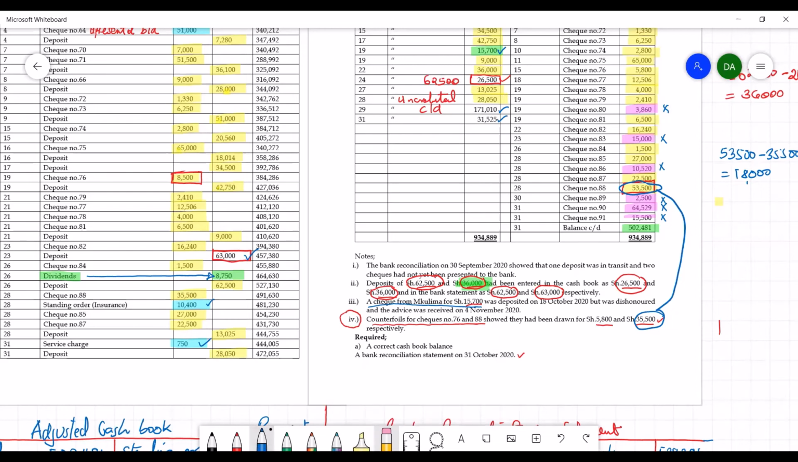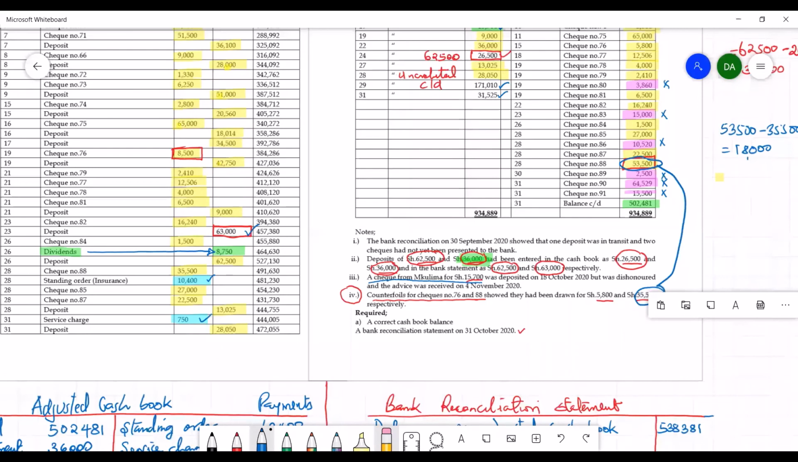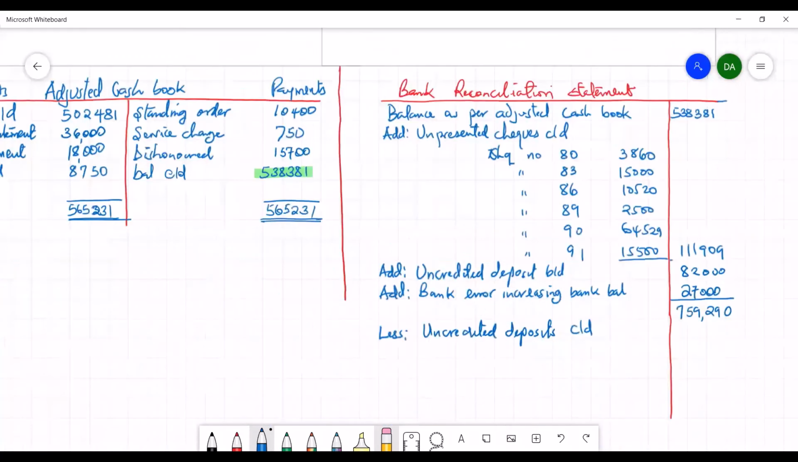And these uncredited deposits include 171,010 and 31,525. If we add these 2 deposits, we are getting a total of 202,535. That is a subtraction or a negative. This is followed by